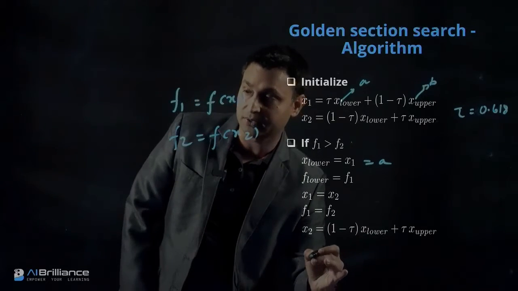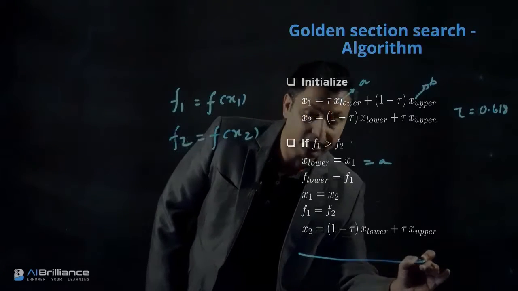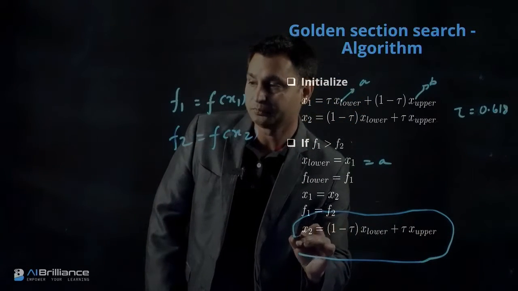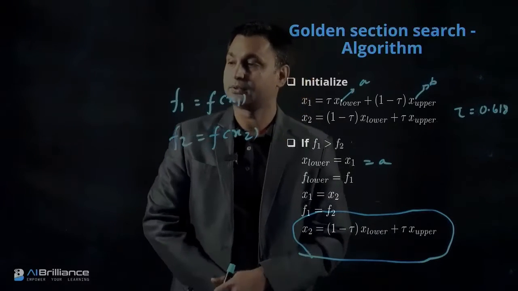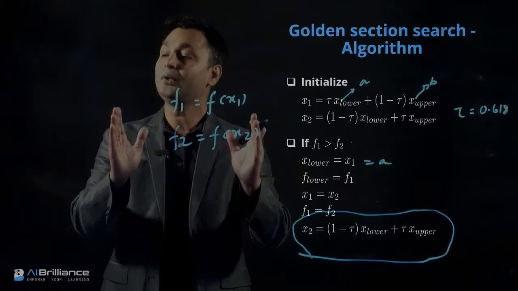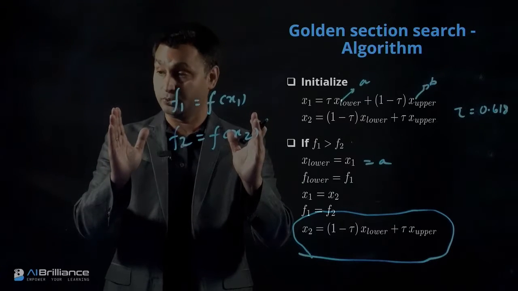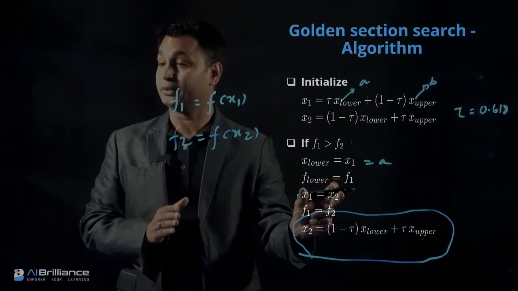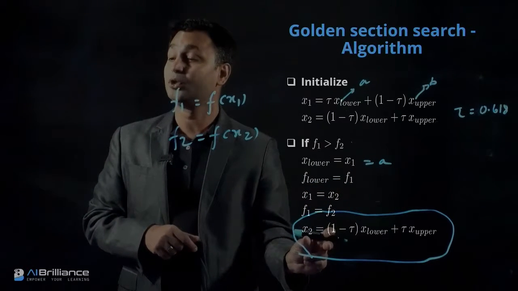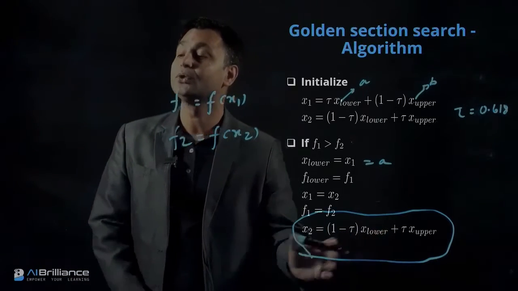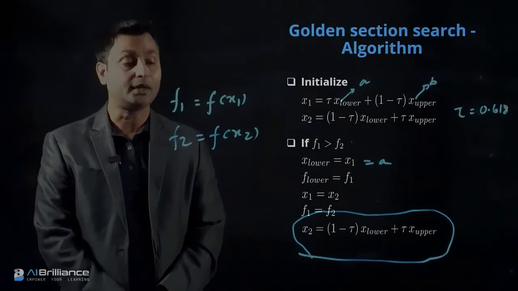This is the equation that I did not write in the previous description slide. Remember that after making the interval shorter, you have only one point in that interval that is known, right? You allocate that to become x1 in this case, but you need to sample a new point x2 in case 1, and this is the equation that you will use to generate the next point x2 in that iteration.